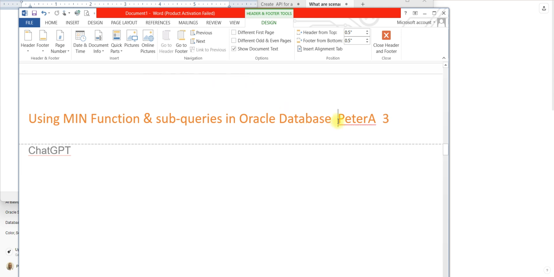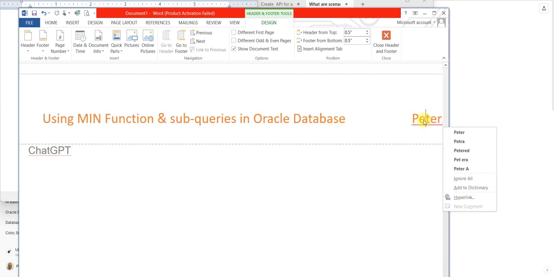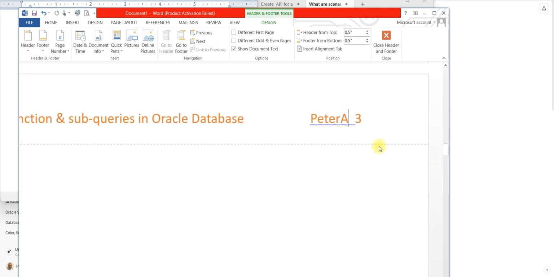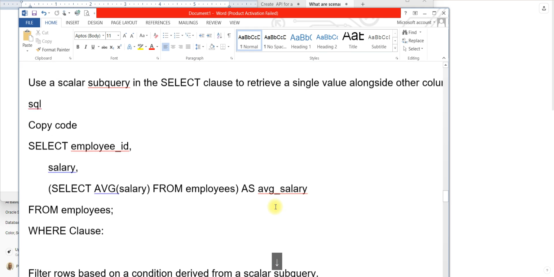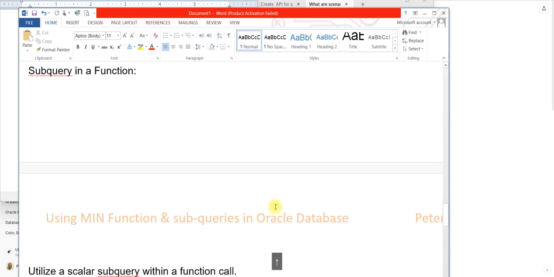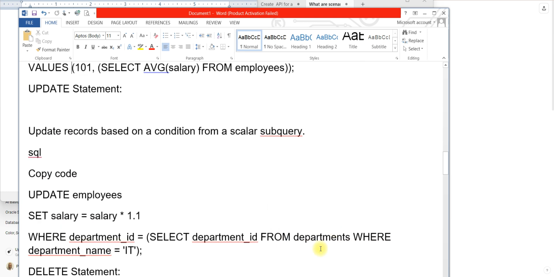and you want to separate your name from the title. So you use a control right and hit the space to center the title. If you see any red line, right click it and say ignore all because that's what your name is. Okay, after that is done, we have the title, and now we are going to